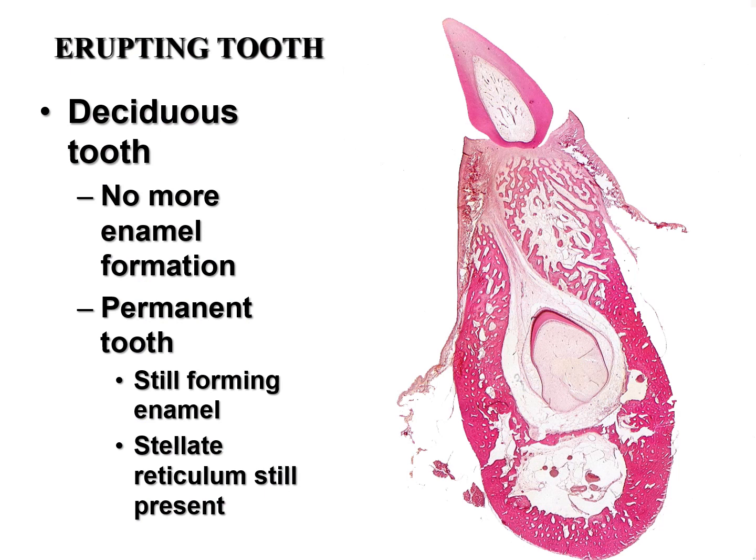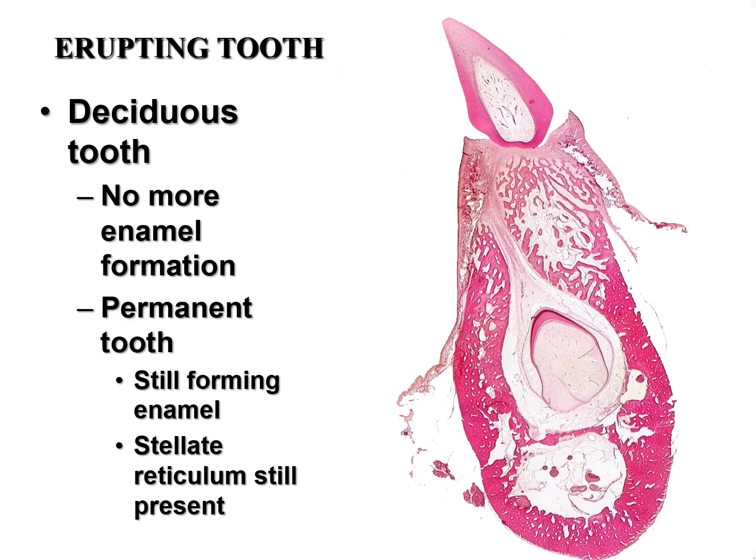There are two types of teeth. The first teeth that we have, we call the milky teeth or the temporary ones, and usually after a certain time, which differs in different animal species, they are going to be replaced with the permanent teeth, which are the deciduous teeth. And in the permanent teeth, there will be no more enamel formation. And as I said, there will be loss of the ameloblasts, so there will be no more formation of the